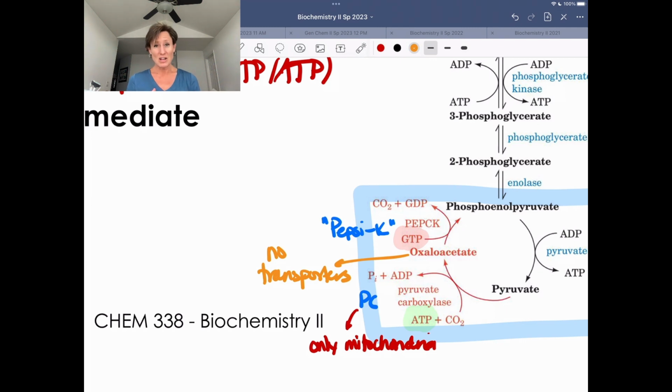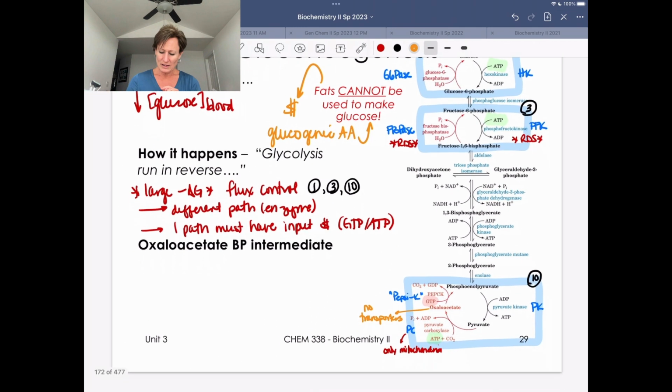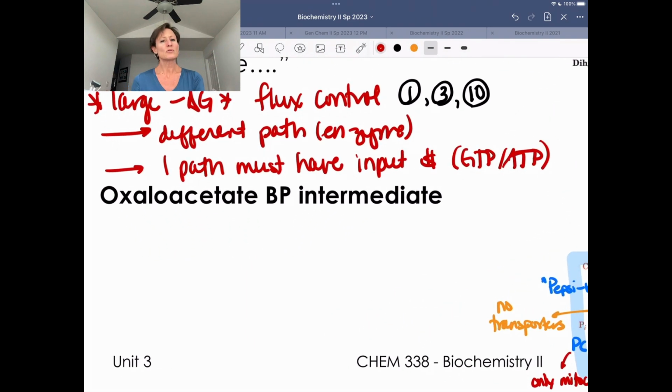So how do we manage that? Again, another video is going to walk through these different transport options that we have, often disguising a molecule as another molecule in order to use a transporter that is present for that molecule. So oxaloacetate, really important branch point intermediate. I'm going to take just a minute here and walk through some structural details about some important things to think about with what we have here with